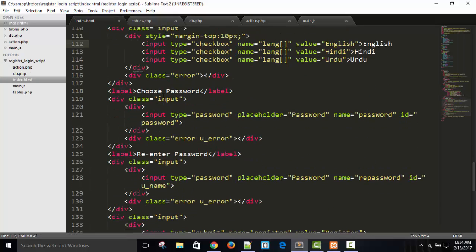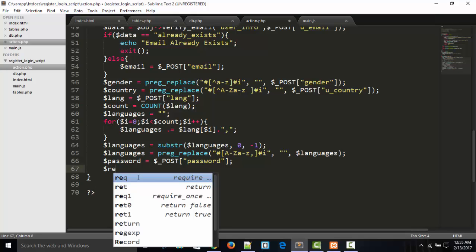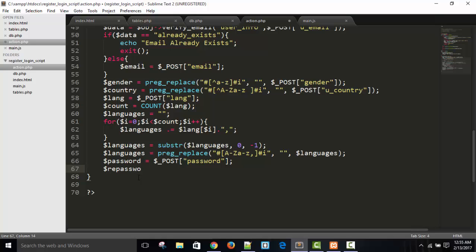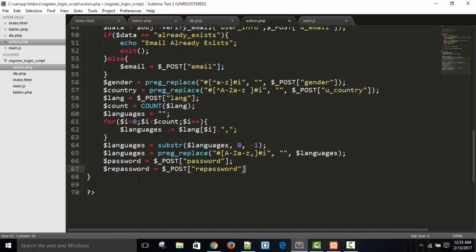Next thing is password. Password equals to, just get the password. We will validate it, password and $repassword equals to $_POST re password. Okay,